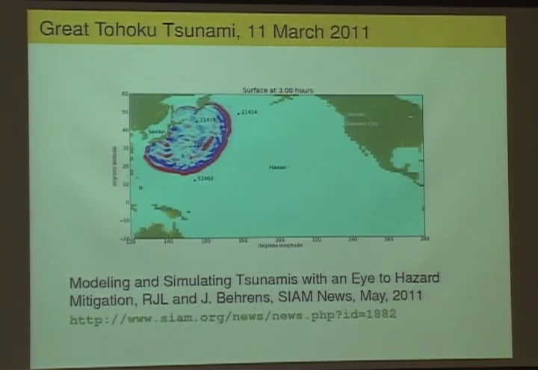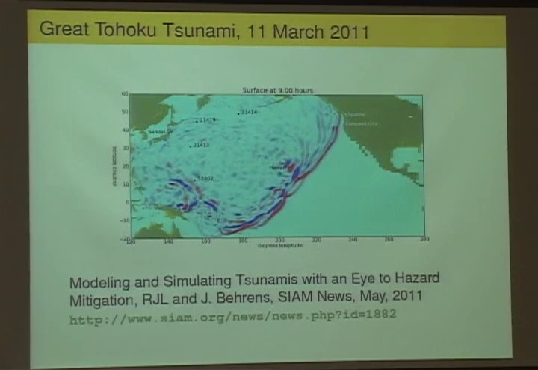So let me say a little bit about validating this tsunami code in particular. So this is the Tohoku event from March 2011. This is 3 hours after the earthquake, when the wave has spread out from Japan into the Pacific. The points here that have numbers next to them are what are called DART buoys, which are, well, the buoy is floating on the surface, of course, but it's tethered to a pressure gauge on the bottom of the ocean that's sensitive enough that it can measure the pressure of the water above it and determine the depth of the water as a result, accurately enough that you can see the tide rising and falling, and you can also see a tsunami as it goes by in the record.